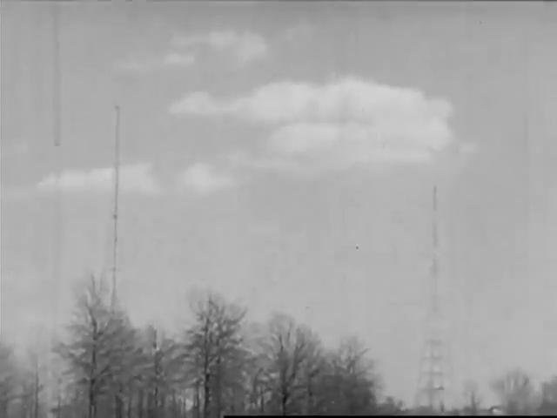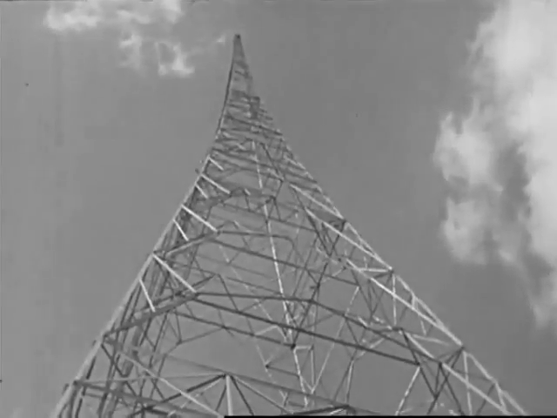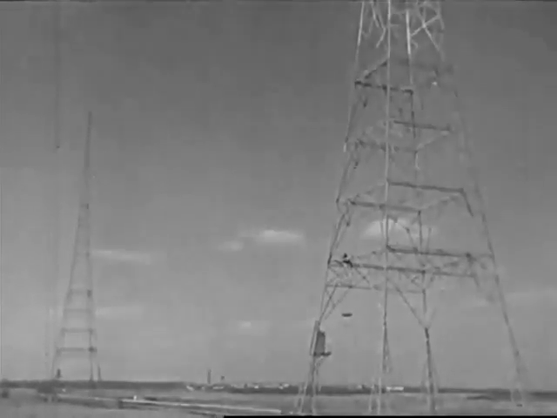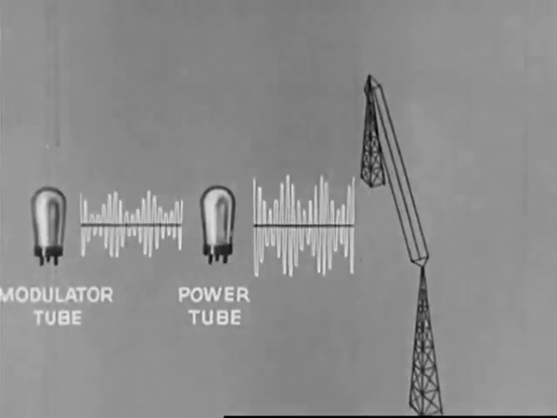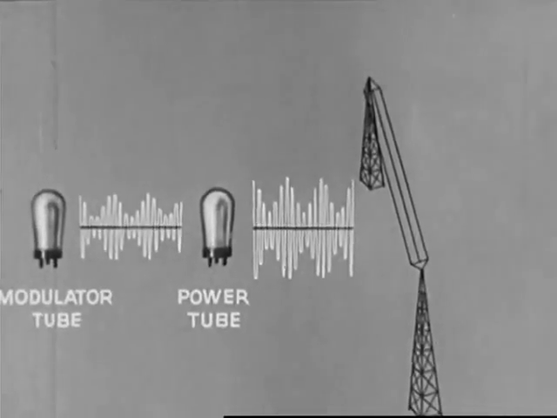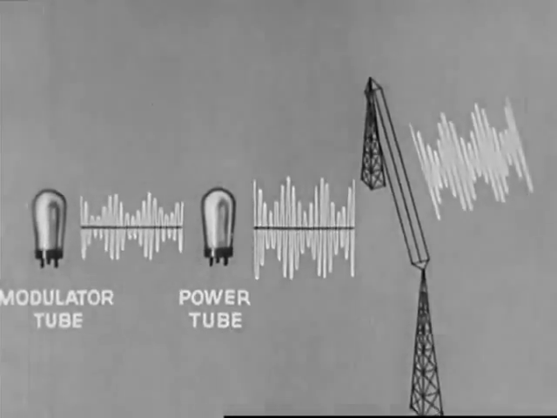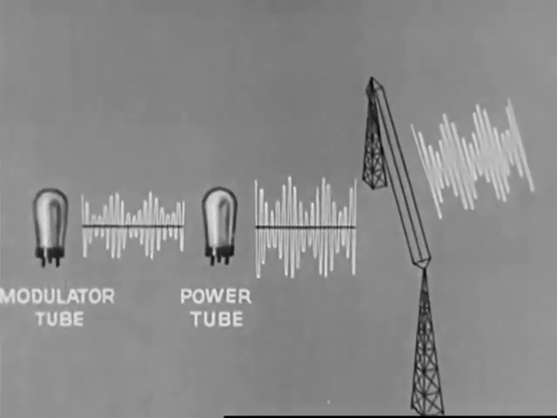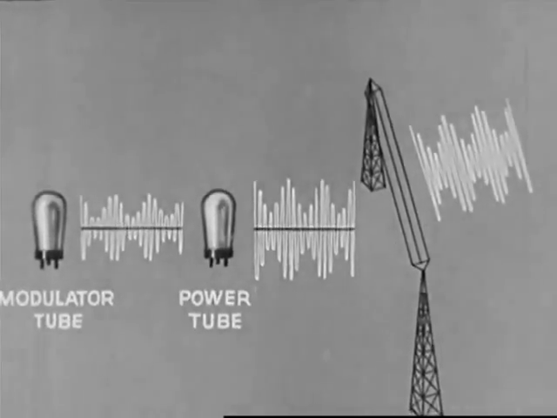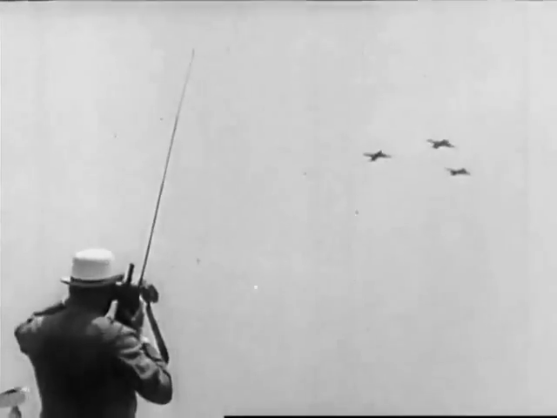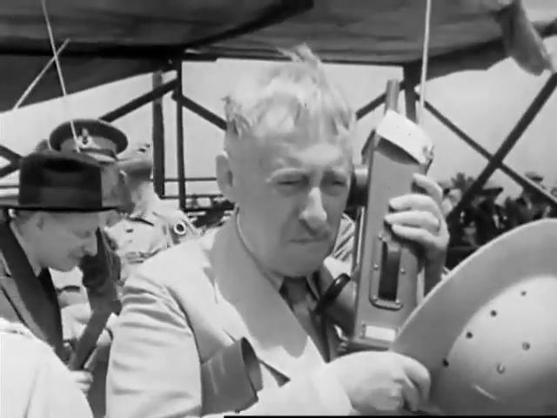This antenna consists of two steel towers and a central wire supported by a cross cable between them. Radio waves are sent out in all directions. Thus, from the power tube, the modulated radio waves go to the antenna. The radio messages leave the antenna as electromagnetic waves and travel out into space with the speed of light. For special events, this portable device broadcasts by shortwave to a local station for rebroadcast, or it may even be used as a receiver.